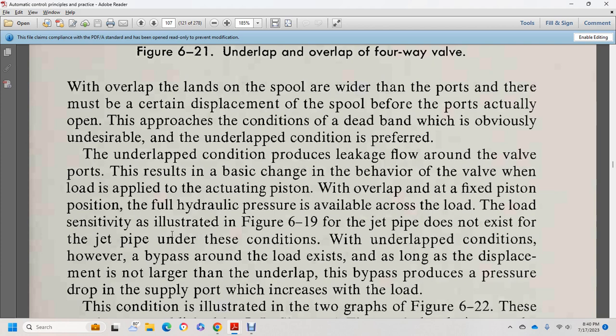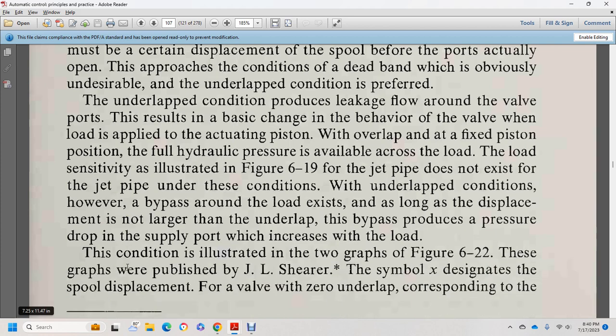available across the load. Simply to illustrate, figure 6.19, when the jet pipe does not exist, under the condition of underlap, the bypass around the load exists as long as the displacement is within the underlap. The bypass produces a pressure drop in the supply port with increased load conditions, illustrated in figure 6.22, the graph published in J.L. Shearer, where the symbol X designates the spool displacement, while for the valve with zero underlap that corresponds to